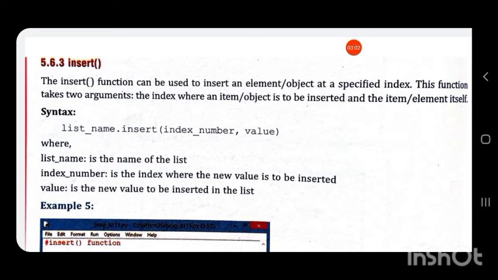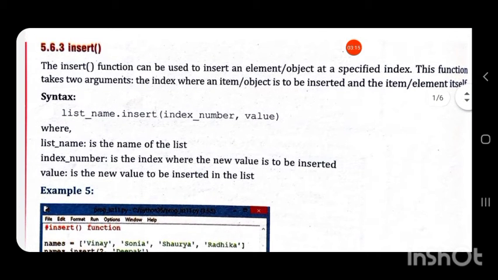In extend and append we only needed the value, because the insertion takes place at the end only.